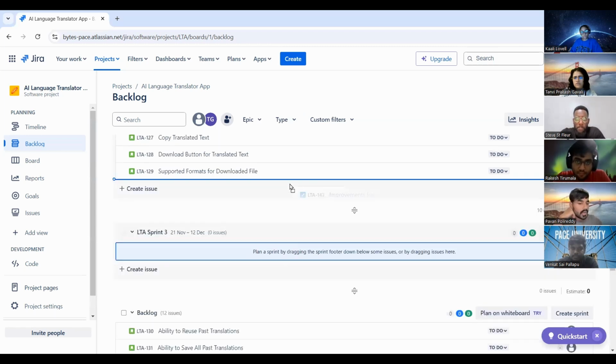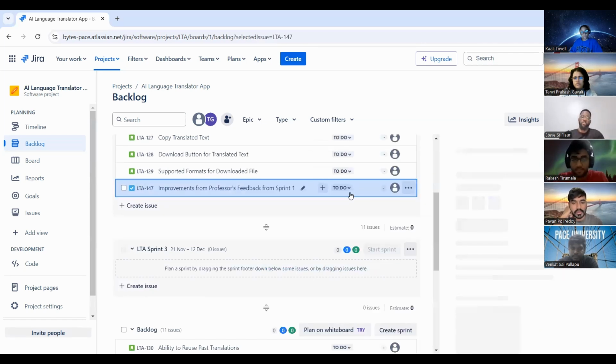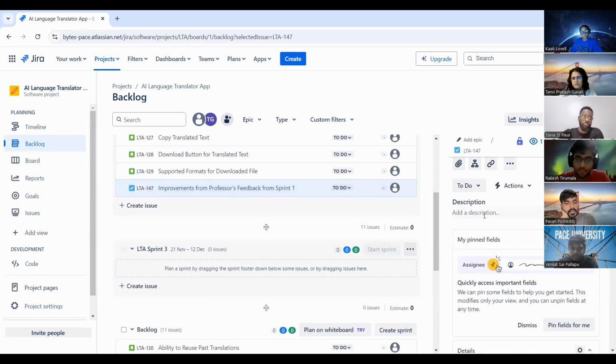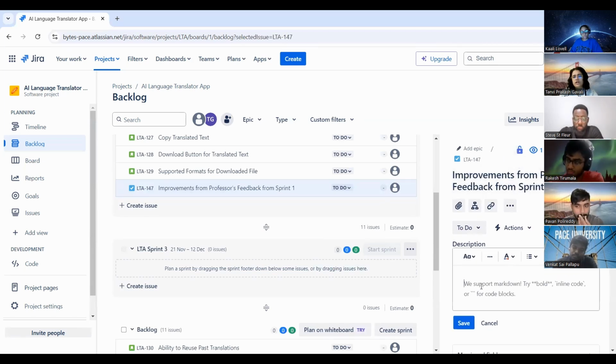Maybe create a story and add these tasks under that. Oh, okay. We can just say maybe sprint deliverable, something like that, as a story and add these tasks under that. So you're saying you create a user story and add all these tasks which you created under that. If you open any of these user stories, you'll see a related list under that talking about tasks.